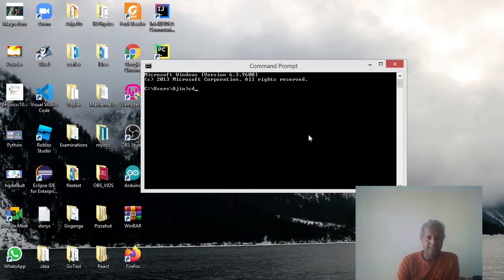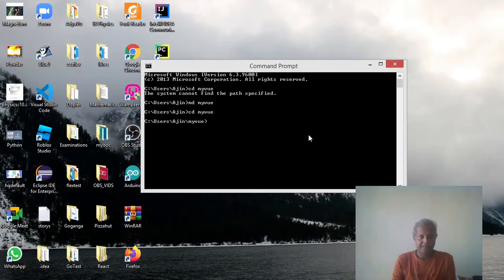So first I create a folder and name it my Vue, so md my Vue, and then I make cd change directory my Vue. So I'm right into my directory my Vue,